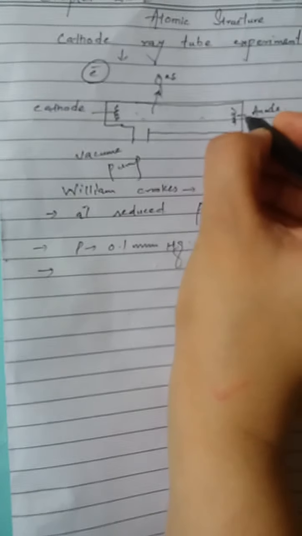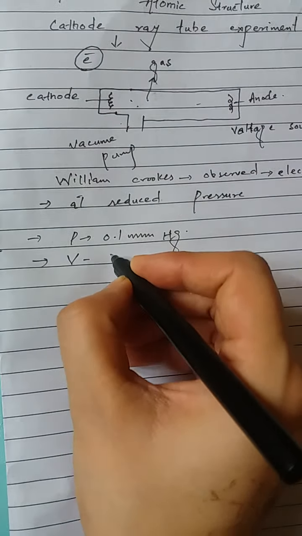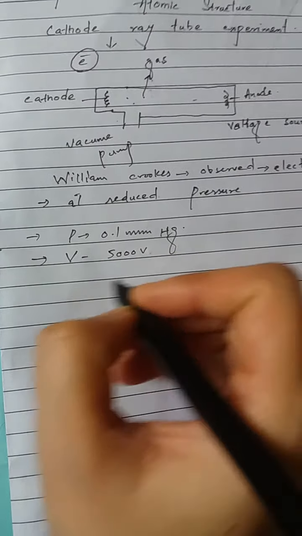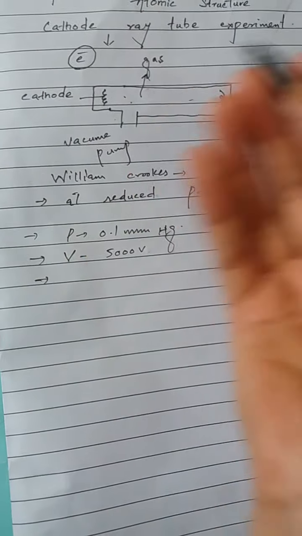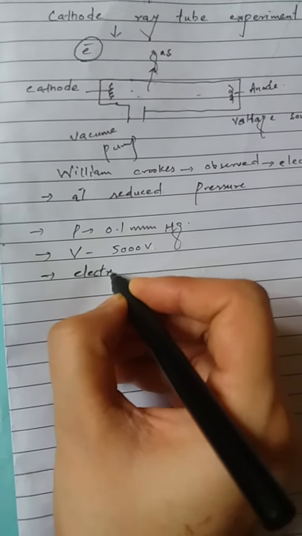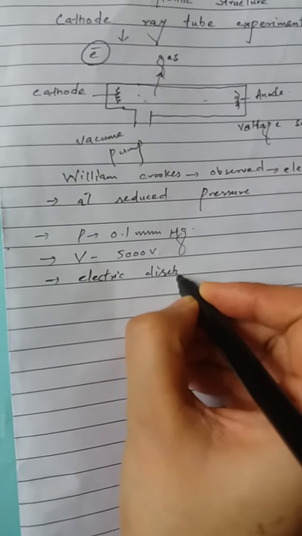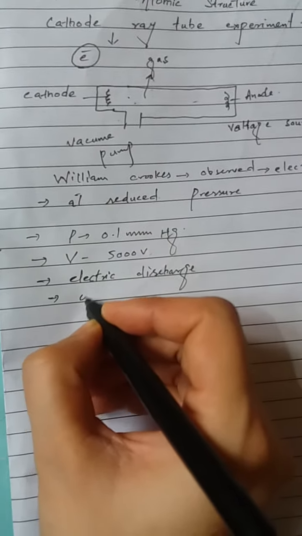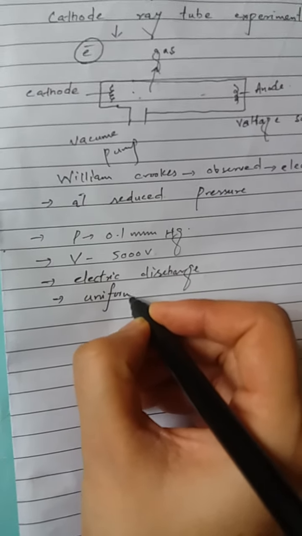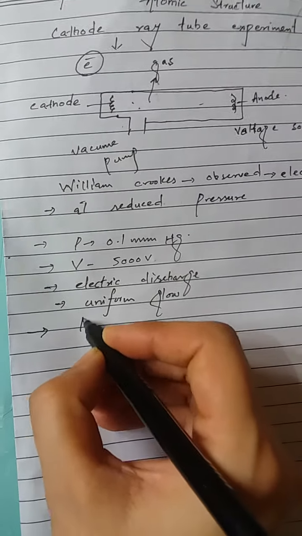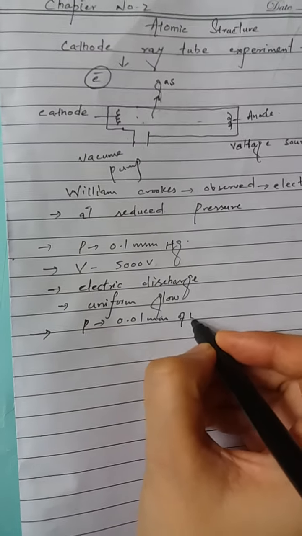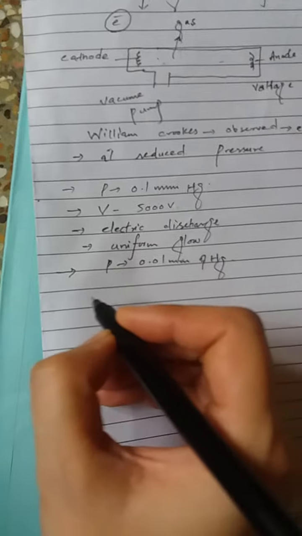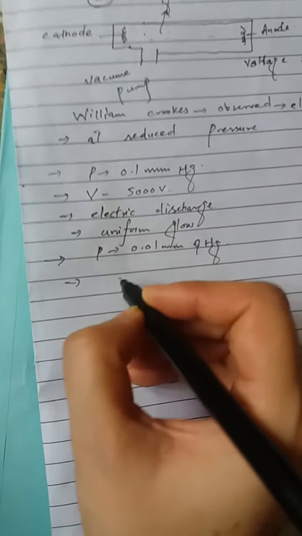these cathode and anode are connected to a voltage source of about 5000 volt. Then electrical conduction through this gas takes place and uniform electric discharge takes place. Here electric discharge takes place and uniform glow appears inside the tube. When pressure is again reduced to 0.01 mm of mercury, then this uniform glow disappears